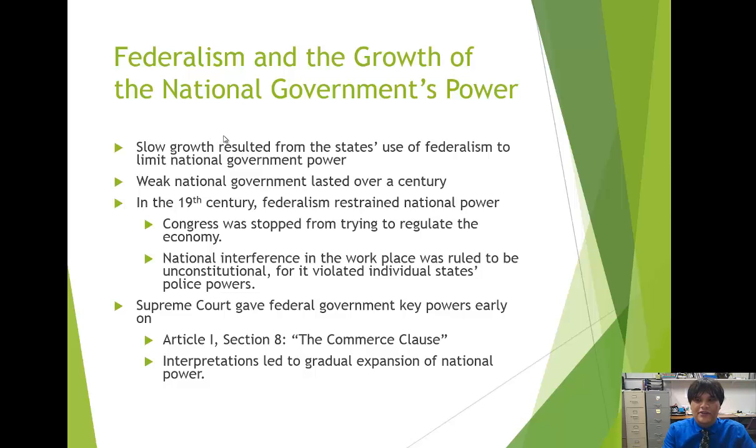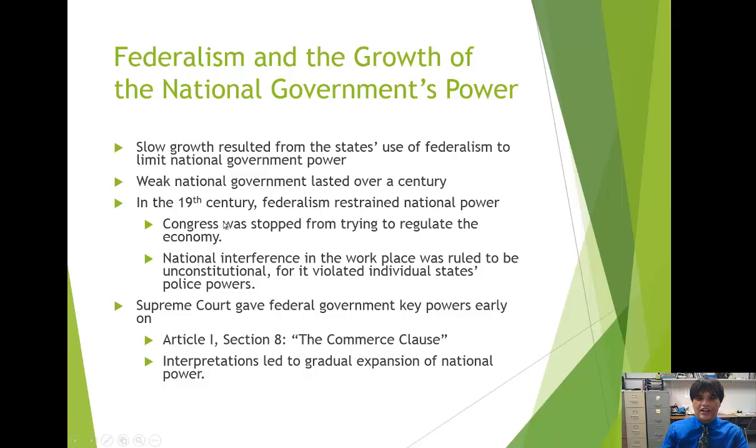And also the fact that the national government really couldn't step in and do a whole lot. States were trying to coordinate their economies and specialize their own economies, but they didn't really allow the national government to step in in terms of interstate commerce. So you had this weak national government. This lasted for over a century, and in the 19th century,